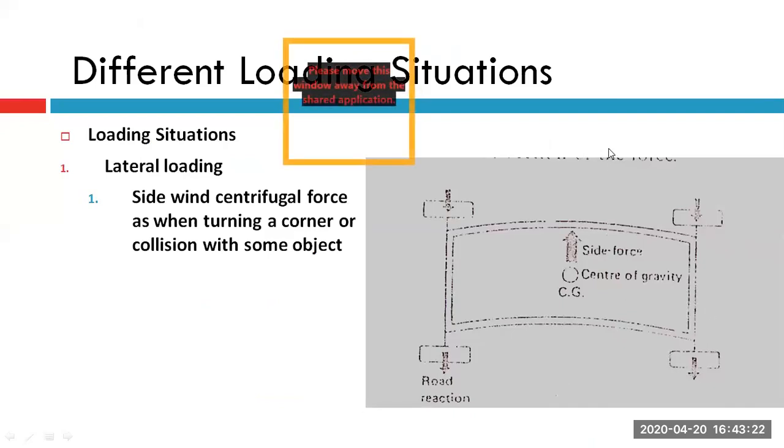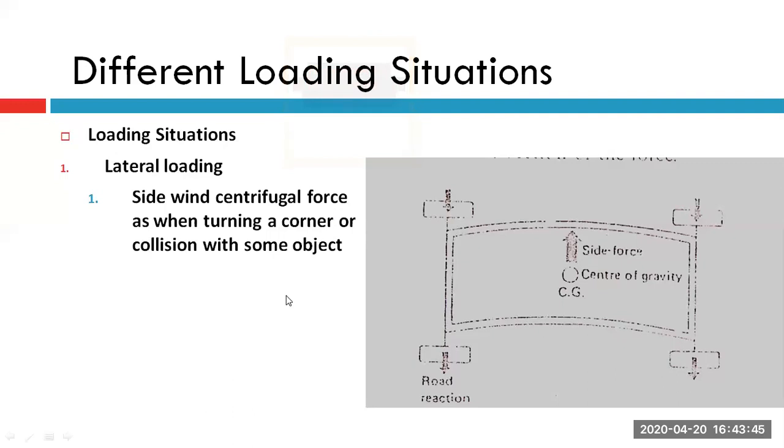So another type of loading situation that might occur is a lateral loading situation. Wherever you have got side wind forces or a centrifugal force, it might result in a lateral loading condition. There is a comma missing here, so it is either a side wind force or a centrifugal force.